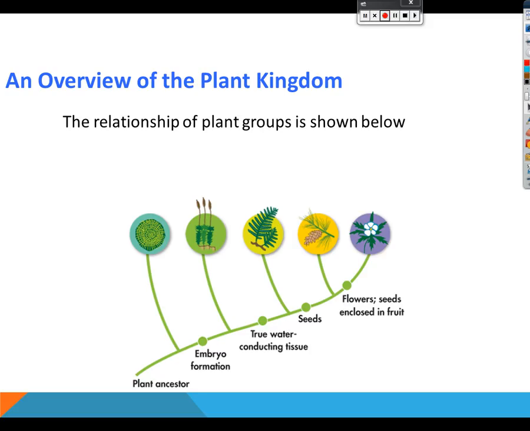From there, plants again take another diversification into becoming some of them vascular and some of them non-vascular. The development of that xylem and phloem tissue occurs here. Our fern is a prime example of that. From there, we start to develop the seeded plant. The gymnosperm came before the angiosperm. So we have that gymnosperm first, and then after that we have the angiosperm, which are the flowers, or rather the trees and plants